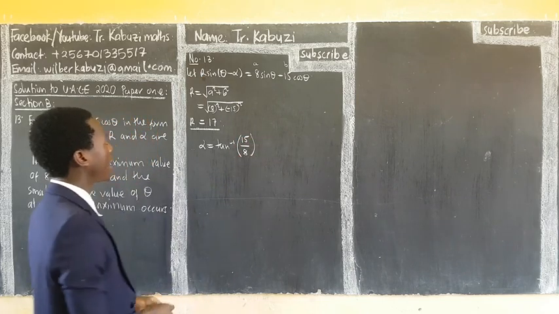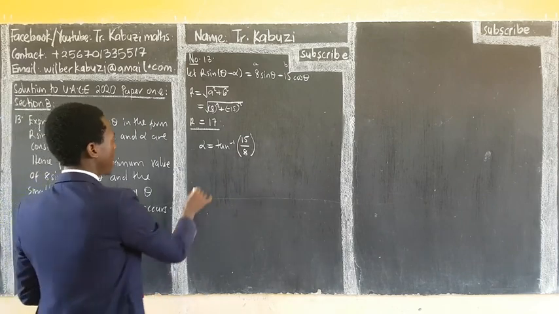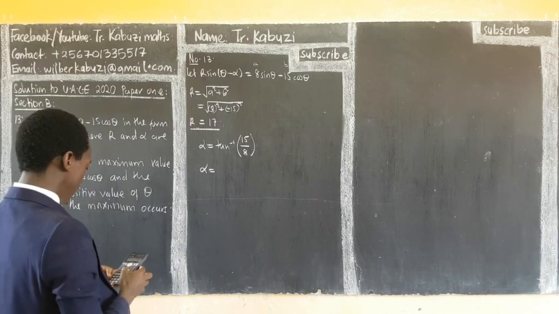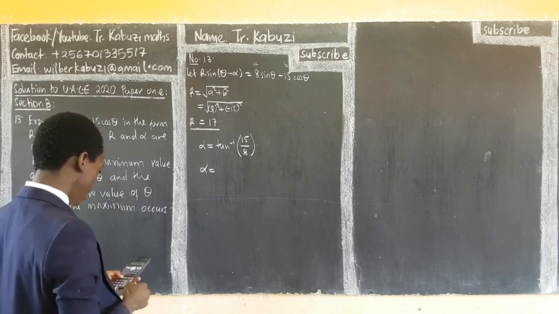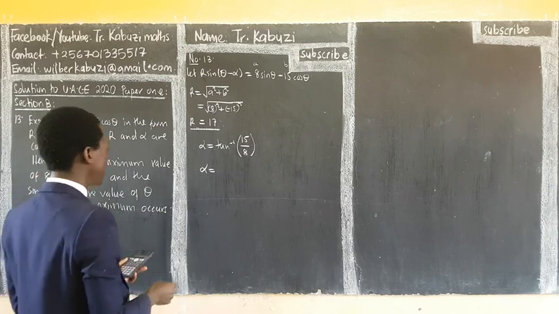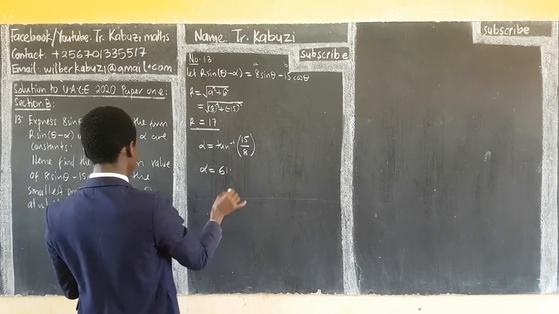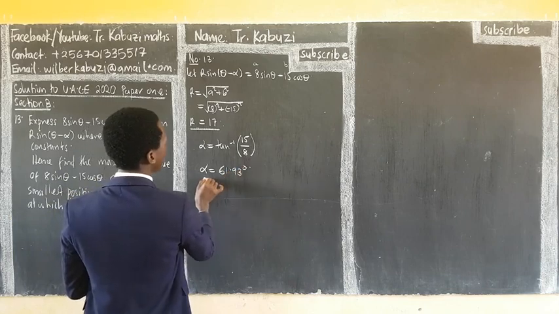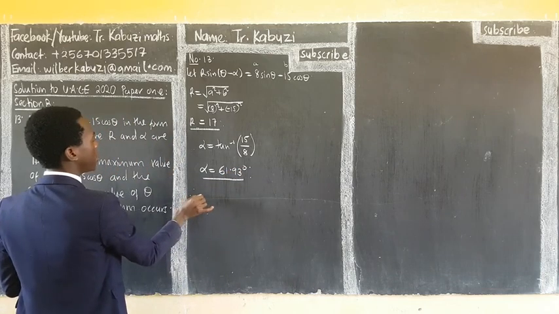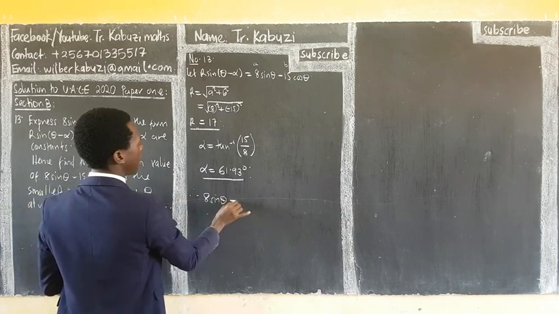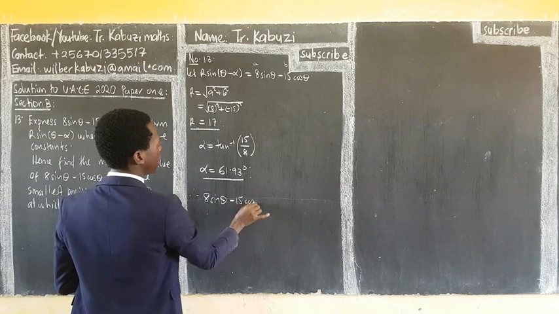So here now my alpha becomes 15 divided by 8, which is 61.93 degrees. So therefore, my 8 sin theta minus 15 cos theta